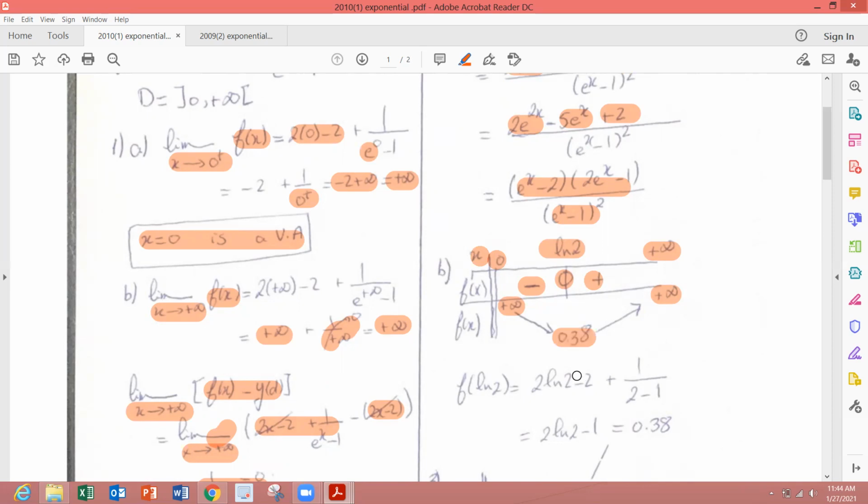Sir, do we replace in f prime x or f x? Where we get the minimum, the minimum means f x. In order to know the sign of f prime, you take a value from here and you replace it in f prime. Yes.